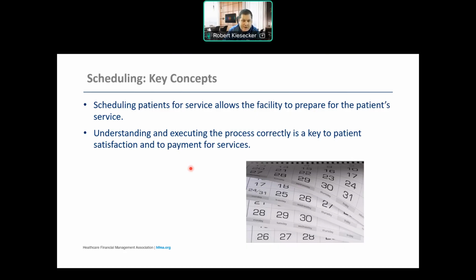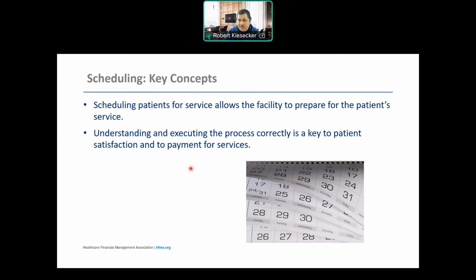The same thing for healthcare, right? You walk in the door, you should be greeted. They should be explaining to you what they need. They should be giving you a timeline. It should be an appropriate amount of time, and the steps should be followed, very coordinated. So scheduling a patient for services allows the facility to prepare for the patient's services by